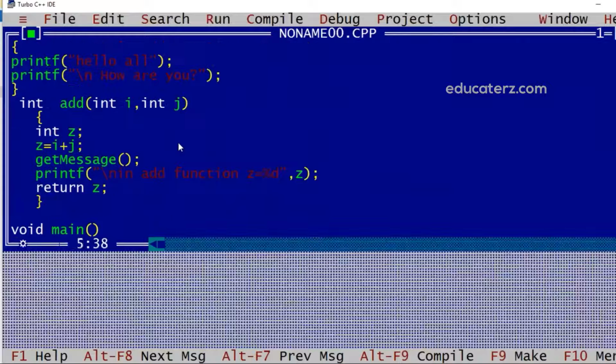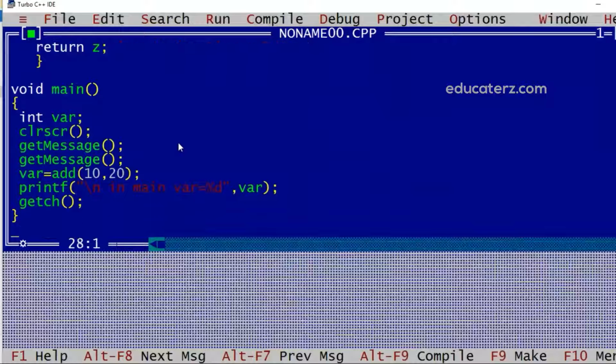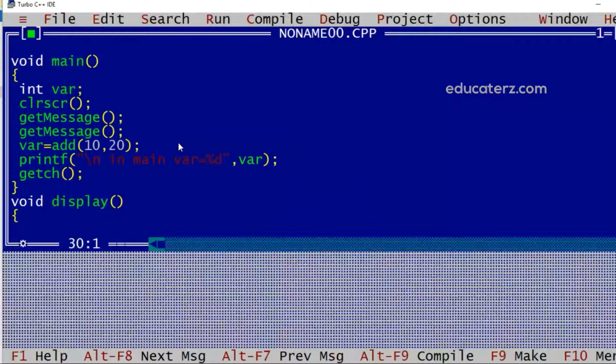Now suppose we are defining a function and calling it before defining it, then sometimes the compiler gives an error, so we have to declare the prototype in advance. For example, suppose I have a function, say display. Now this display function will have a simple printf that this is C tutorial.